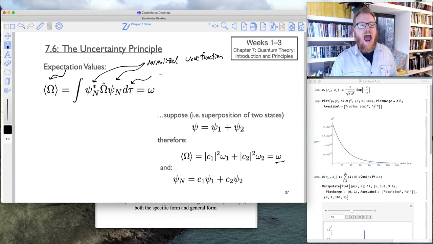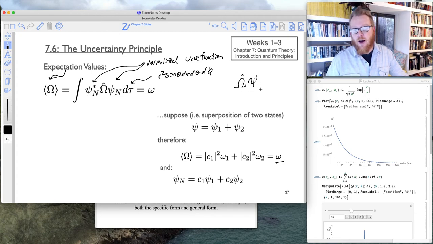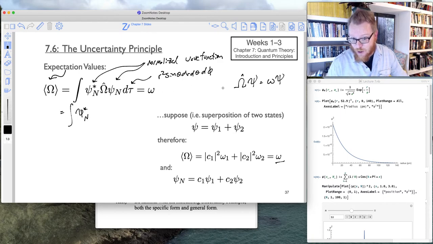We remember that d tau is r squared sine theta dr d theta d phi. Okay, and so we also remember, just in general, because these are eigenvalue equations, when I take the operator and operate on psi, I get back the eigenvalue multiplied by psi. Okay. So if I continue along here, we know that this is going to equal now psi star n. And so I'll replace this omega psi, uppercase omega. So this is not a W, it's a lowercase omega,